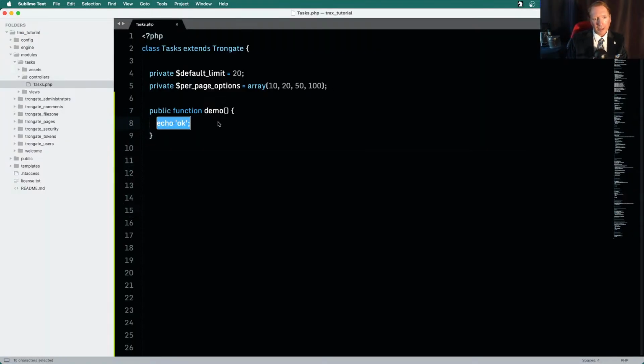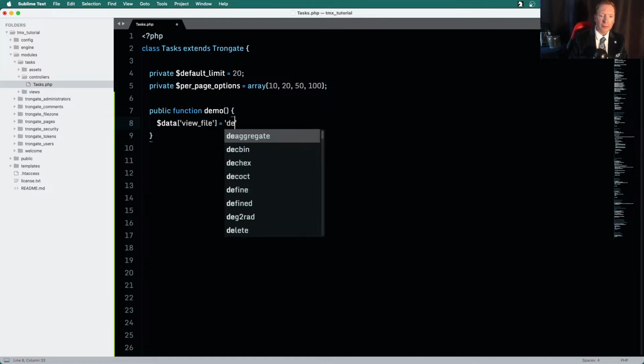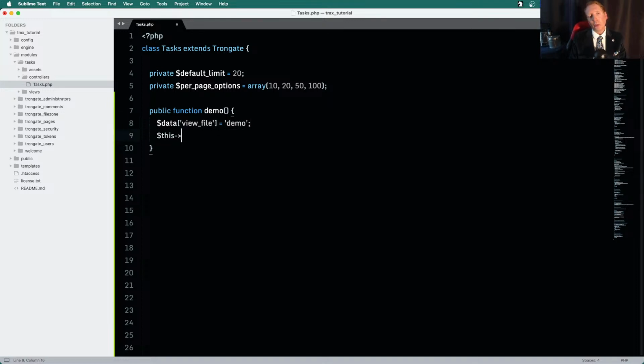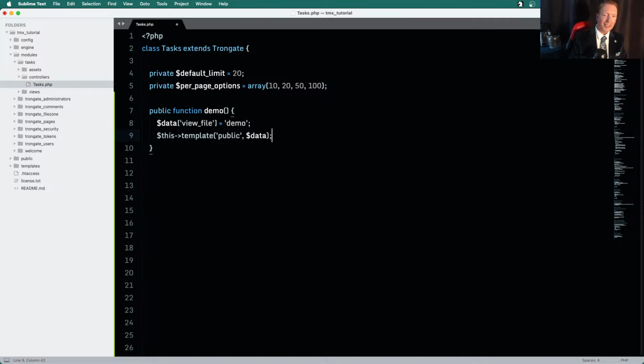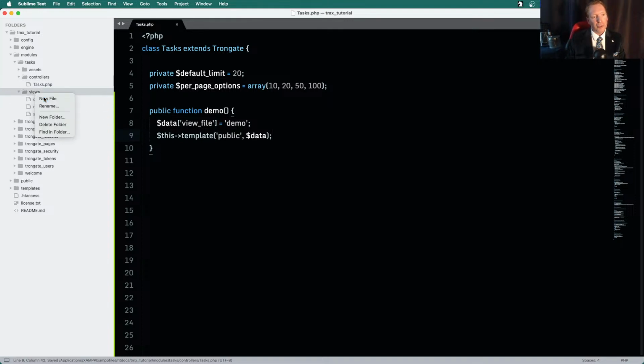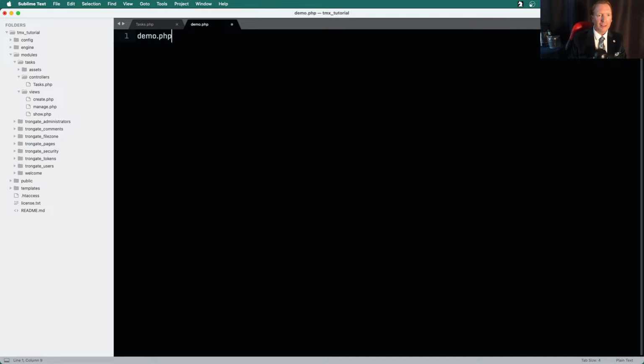All right. Now I'm going to make a view file. I'll say data view file equals demo. And then I'm going to load up a template. For the purposes of this, I'll load up the public template. Hello, wee Google. And now I'm going to go into the views folder, and we'll make a little thing up here that says demo.php. And I'll just do an H1, and I'll say Trongate MX